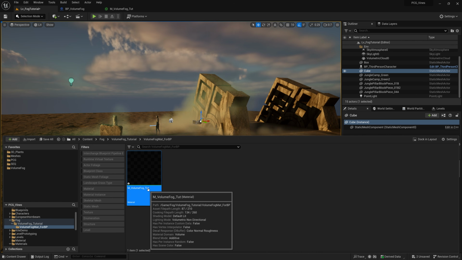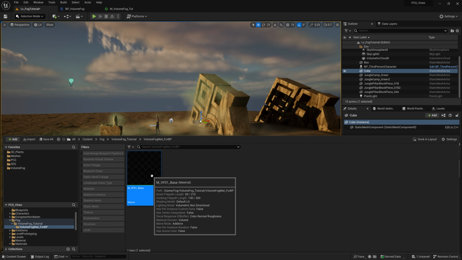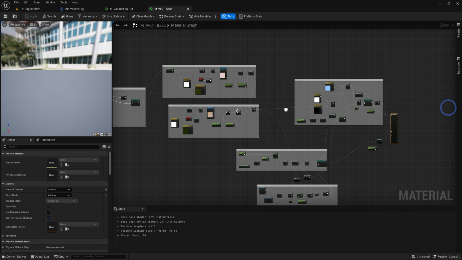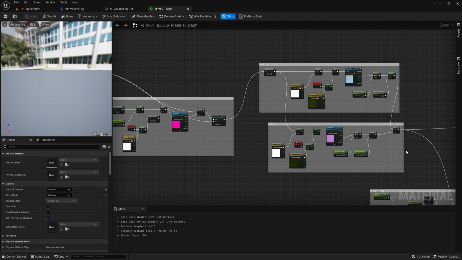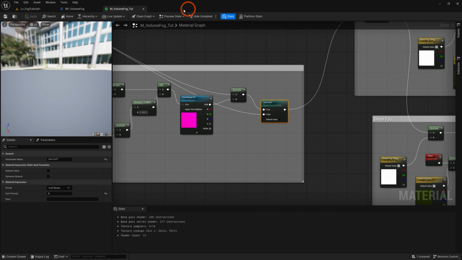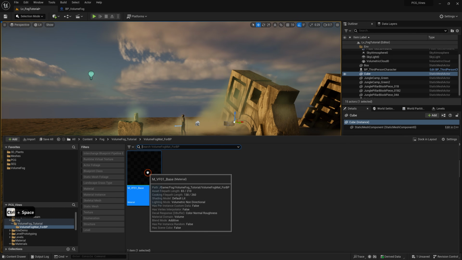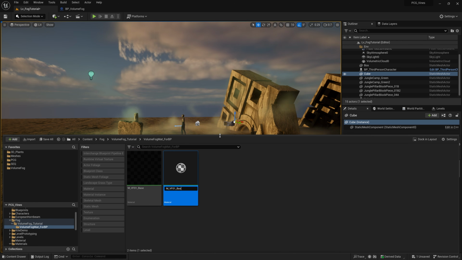And let's rename this material M_VF01_base. Double click to open this material. I'm going to make sure all the static switch parameters are set to off by default, except for use distance fields. Save, and let's go back to our content browser, and I'm going to duplicate this material and name it